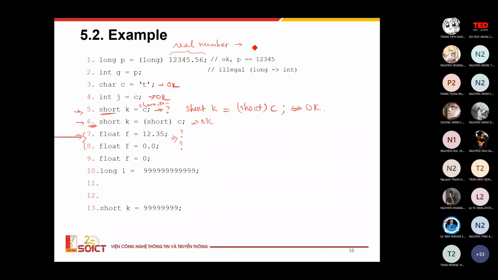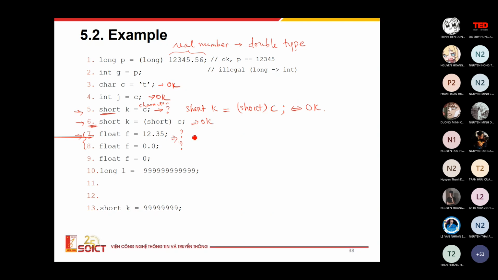It becomes a float number. No. Double. Okay, please remember when you have nothing after the real number, this will be in the double type. So in the 7th command, if you write like this, that means it will be an error. Yeah. Why? Because